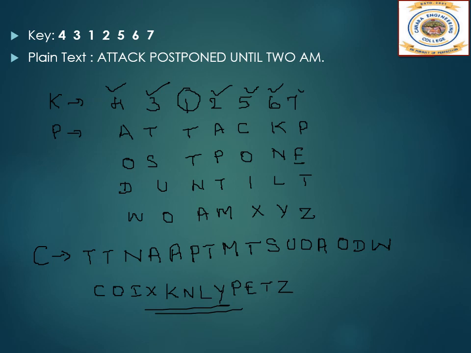So first we write down the key, then we write down the given plain text in the same order. Then while writing the ciphertext, we start with the first column, then second, then third, 4, 5, 6 and 7. This is the ciphertext. This can be made more secure by performing more than one stage of transposition. So again I have to write the key, and this ciphertext whatever I have got, again I should list out in the same manner, to make it more secure.